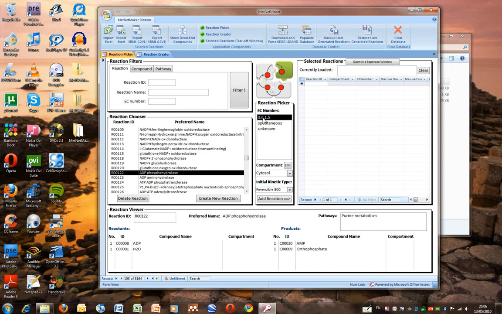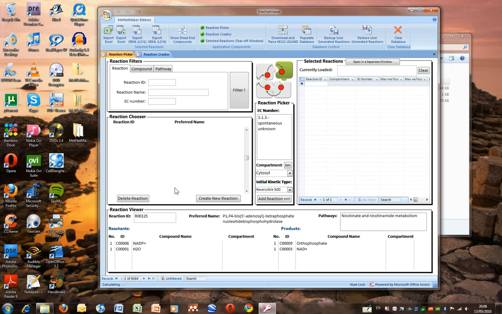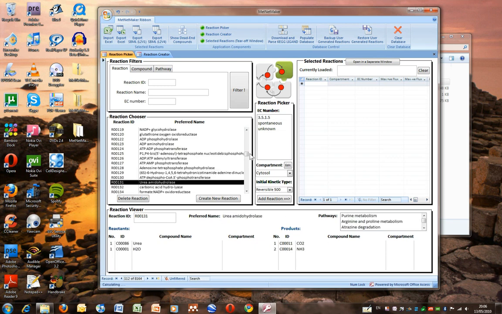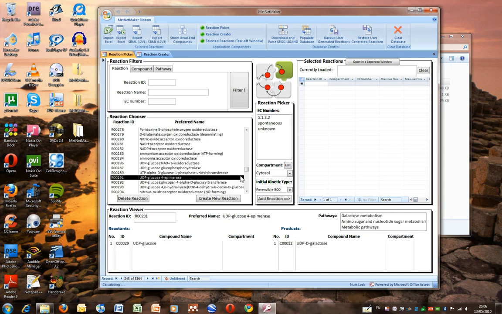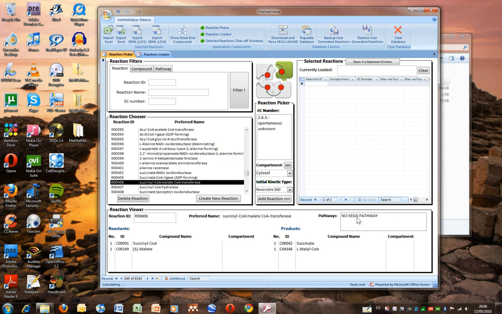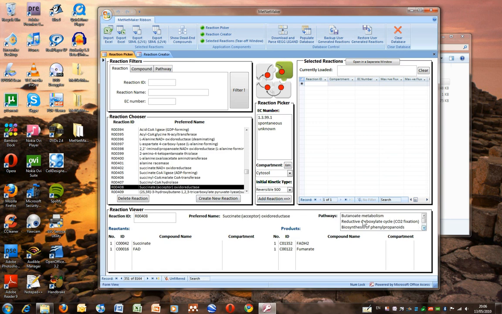and we can look through all of those and see what the reactants, what the products are, other things like the EC number, as well as preferred names and pathway information. And that's all ready to use now. Also, if we want to create a new reaction,